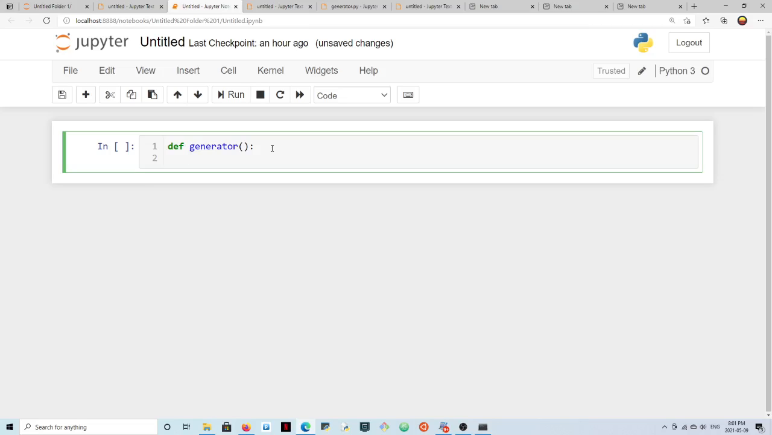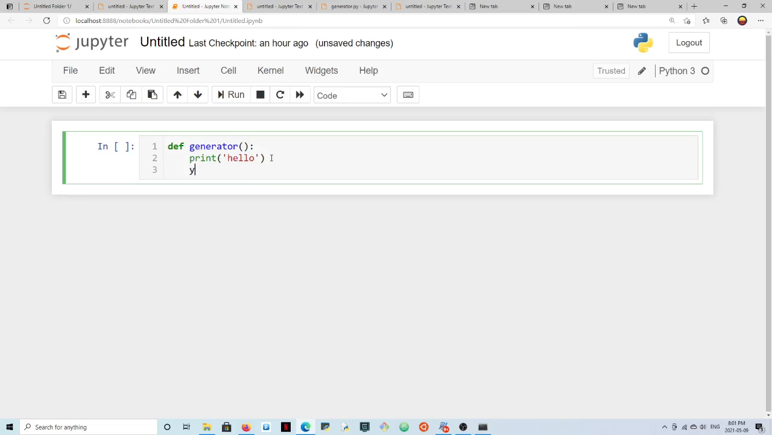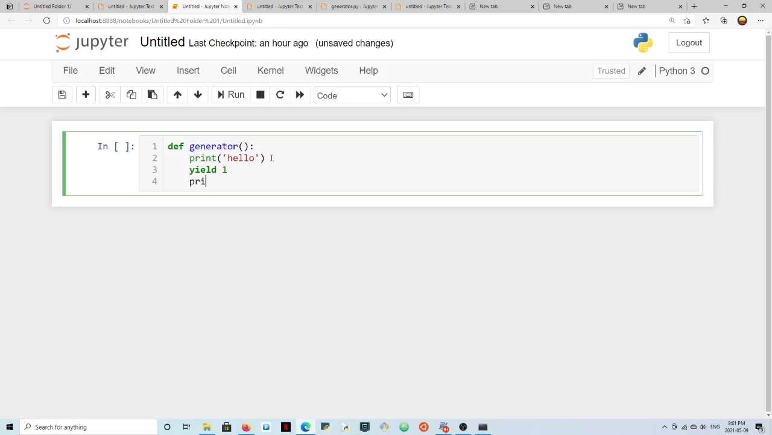Basically, with this kind of function you would make a statement and just return a yield. Instead of using the keyword return, you use yield. So if I say hello here, and then I use the term yield 1, then I write print and I just say